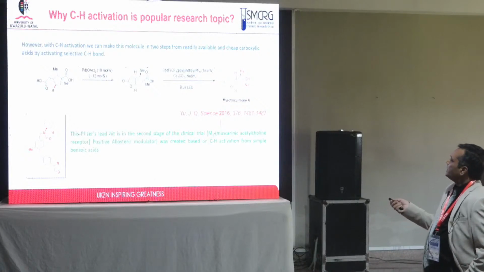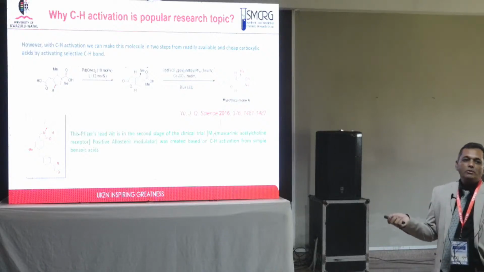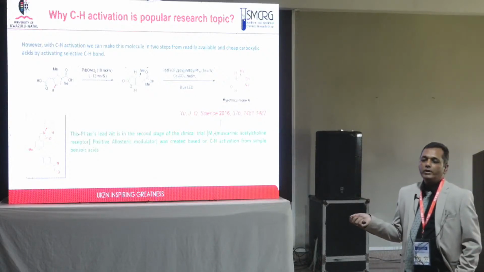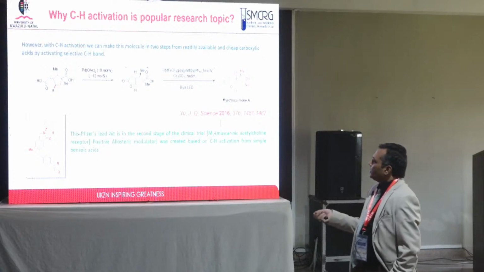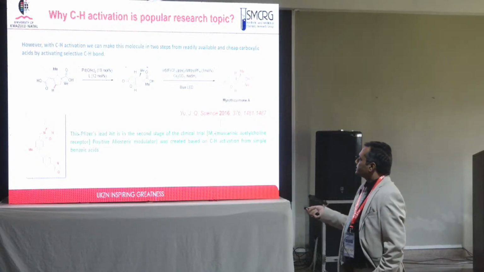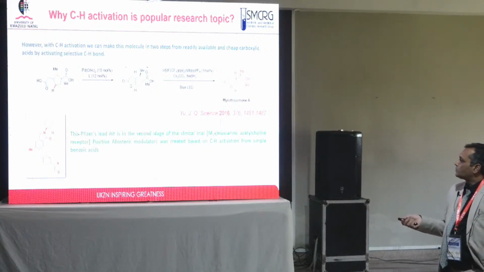By using readily available cheap carboxylic acids and activated selective CH bonds, you could synthesize this molecule in just 2 steps. So that is one of the very powerful techniques of doing selective CH activation. One of the molecules that Pfizer developed was this lead hit molecule, which is basically an M1 positive allosteric modulator,